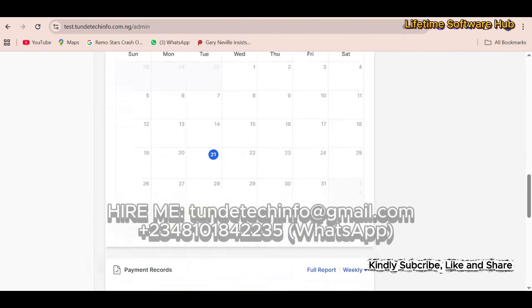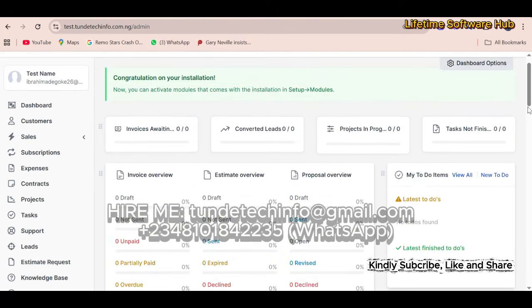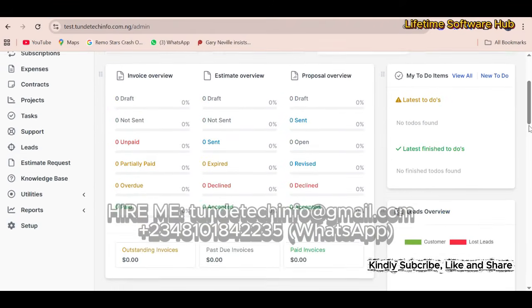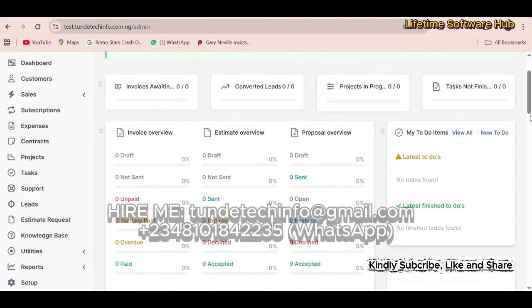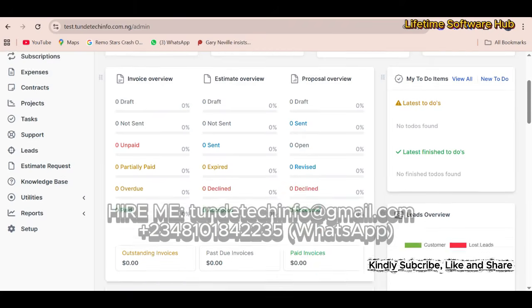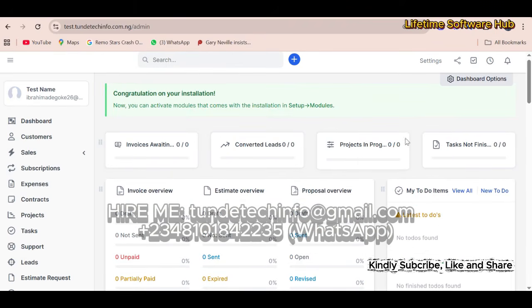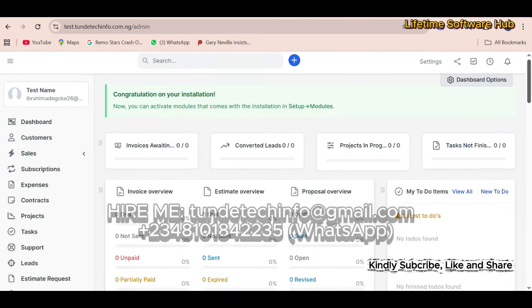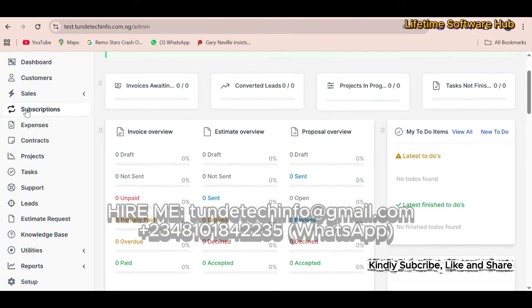Follow it directly. And if you find it difficult to set it up for your business, or for your project, personal or business, let me know. Contact me via the details on the screen, and it will be done for you and ready in 8 hours. So you can set up them in the customer dashboard, etc. You can start using it, start getting those customer details, their leads, their support, contracts, projects, expenses, subscriptions, because it's